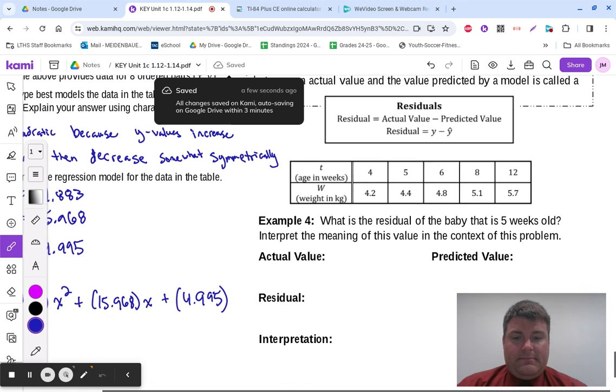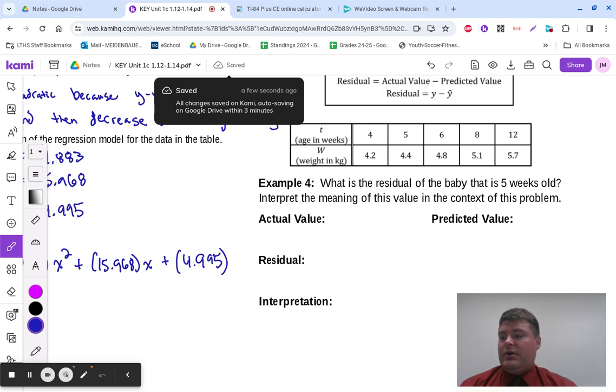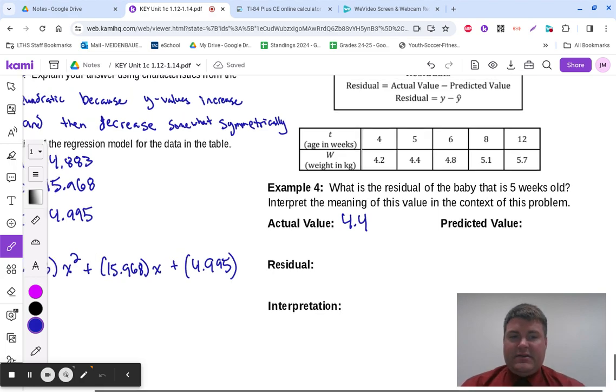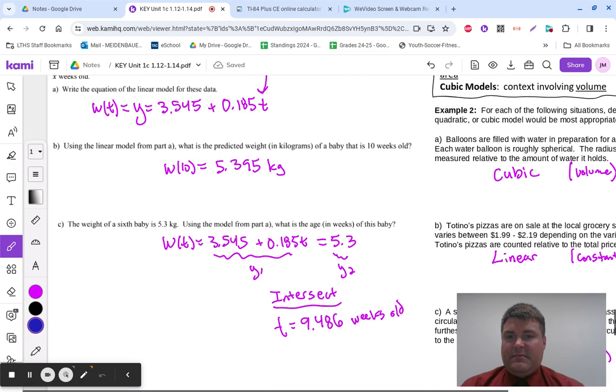Okay, so we're going to go back to our OG problem for today. Using the model from example 1, what is the residual value of a baby that is 5 weeks old? And interpret your meaning here. So our actual value for a baby that is 5 weeks old is going to be 4.4. Okay. Our predicted value from the first problem,